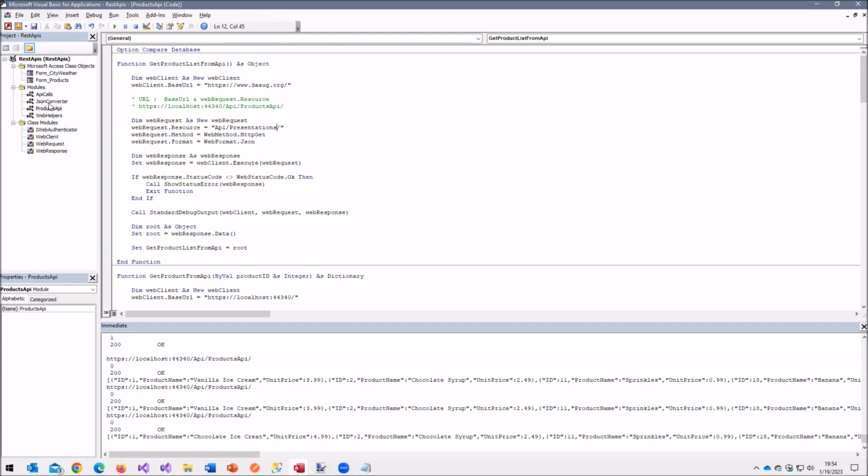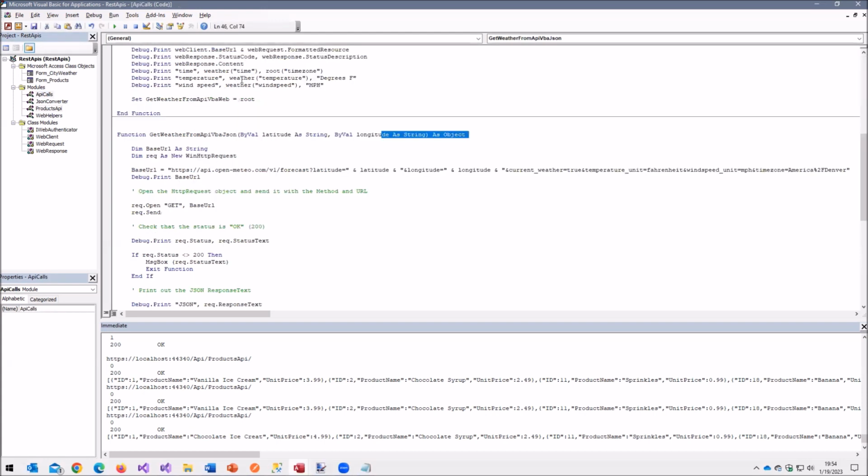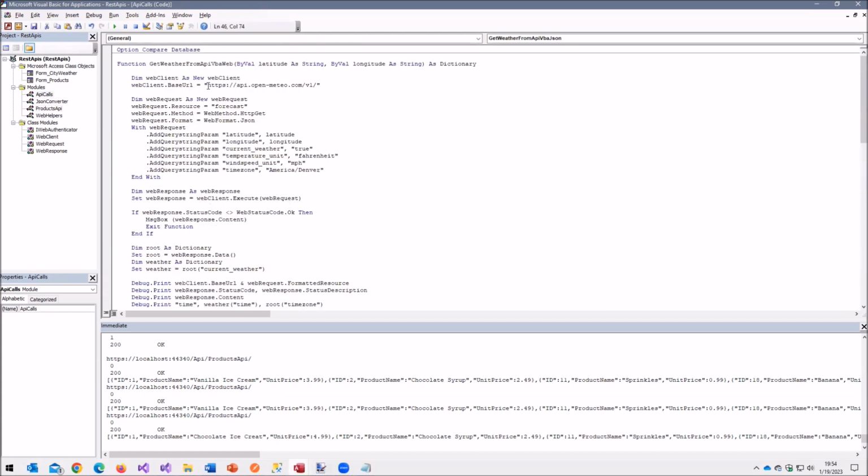In our city weather, notice that the base URL was api.openmeteo.com/v1. So that was our base URL, and then we added forecast as a route to that. Did that answer your question? Yes, thank you so much. Absolutely.